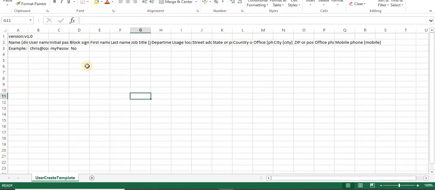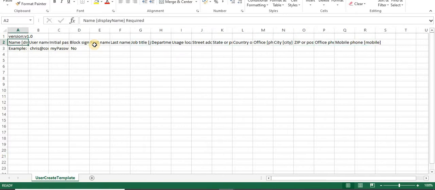See, so basically in this template there are some columns, and you can see here it says required, and required keyword means this field is mandatory. Username, it is also required. Initial password, it is required. Block sign in, yes or no, it is also required, and all the remaining fields are optional.